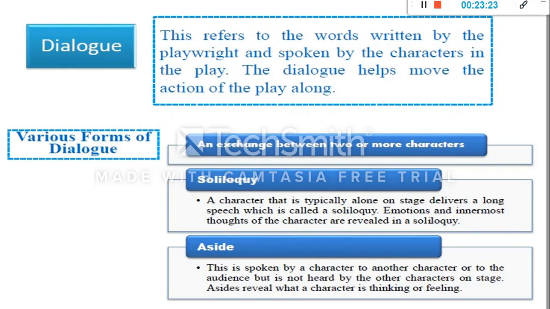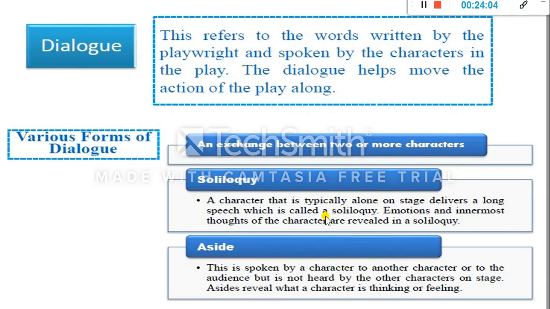And we have another form of dialogue, which is the aside. An aside is spoken by a character to another character or to the audience, but it is not heard by the other characters on stage. Asides reveal what a character is thinking or feeling. As I already mentioned, there is a slight difference between aside and soliloquy. We are going to further explain the differences and the similarities between the two, but for the time being, remember that an aside is